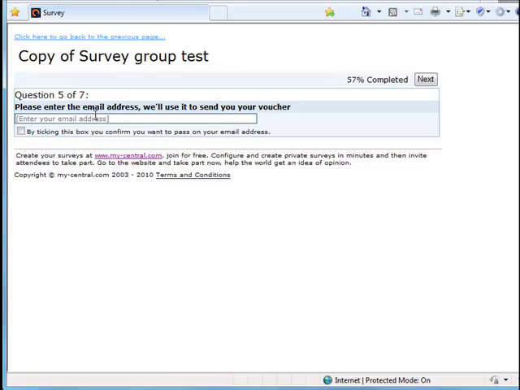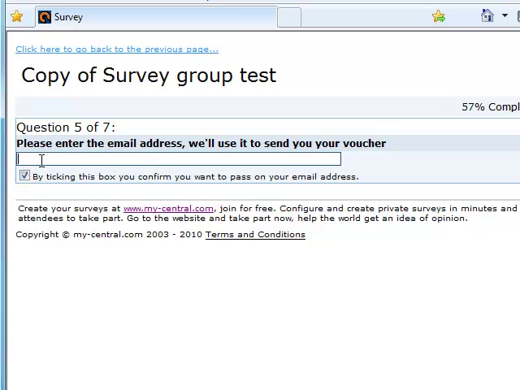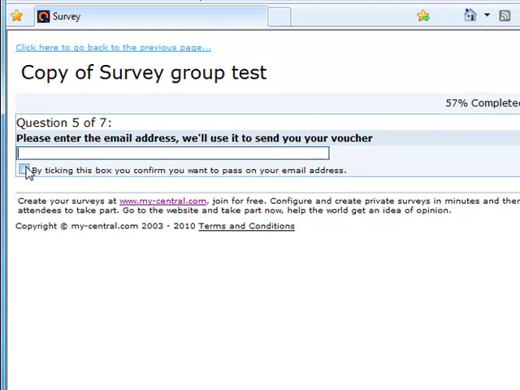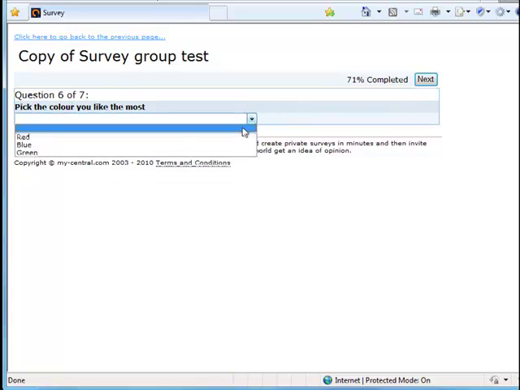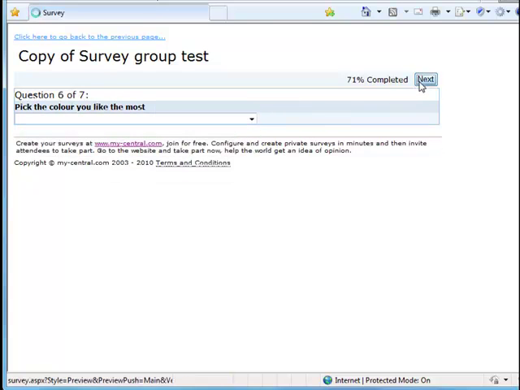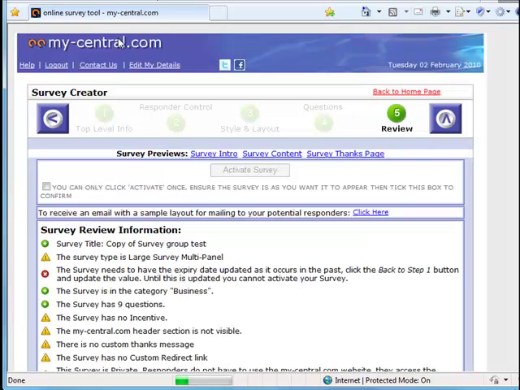Here we can enter our email address. Notice that the responders must tick the box in order to say that they wish for their email address to be passed on to you. This is our drop-down list, and here's our agreement group. So we can then select one from each within this group. Because we're only reviewing the survey at this point, we click to go back to the previous page. And those are the question types that you can use in